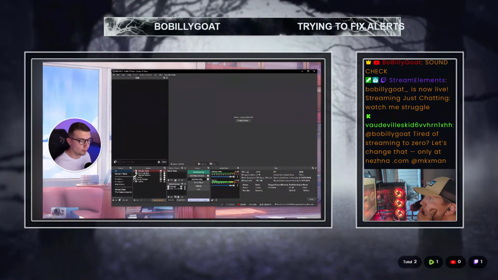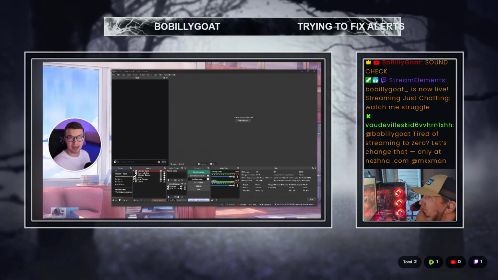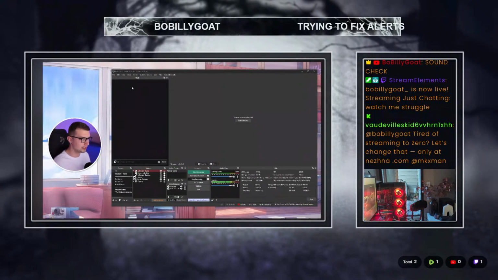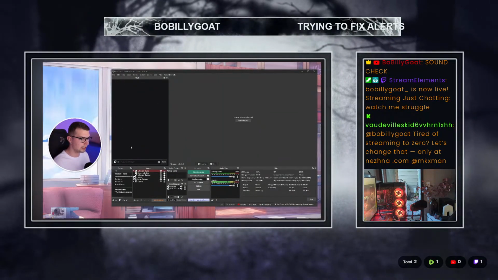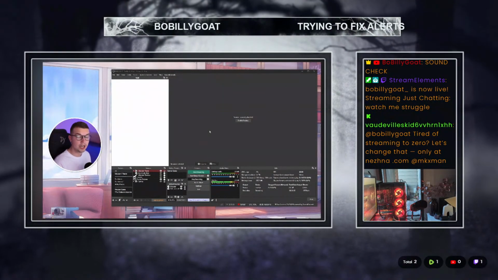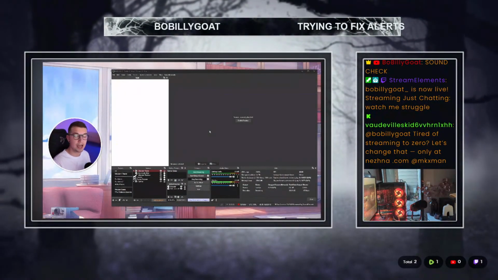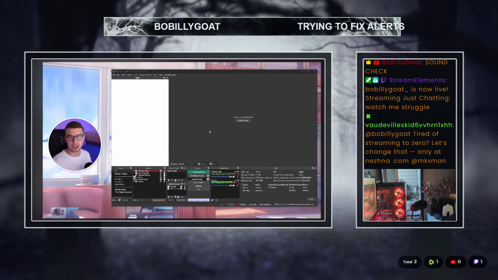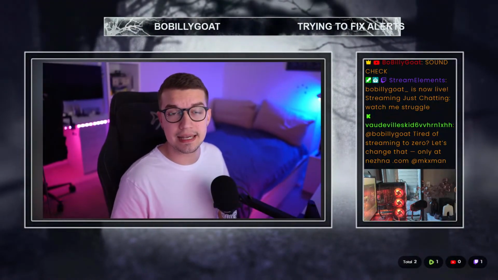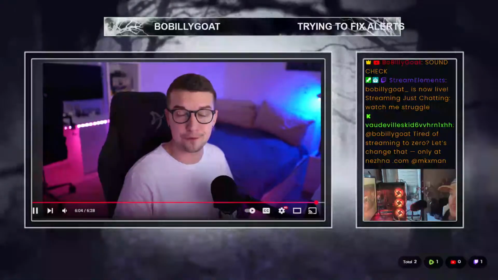If you don't have it open, it will be like a very bright white image. So let me turn off my program, and you can see that it's just gonna be a very, very bright white thing, like right here. That doesn't mean that the program is broken, it's just not open. So if you see this, open the program, and then you can see all the chats built in. And that's how you can set up the multi-chat completely for free in